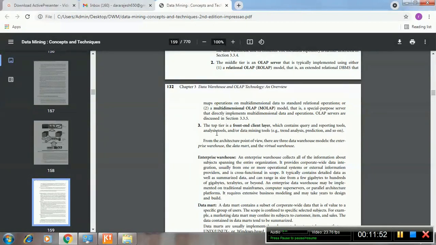So this is about the three-tier architecture of a data warehouse.